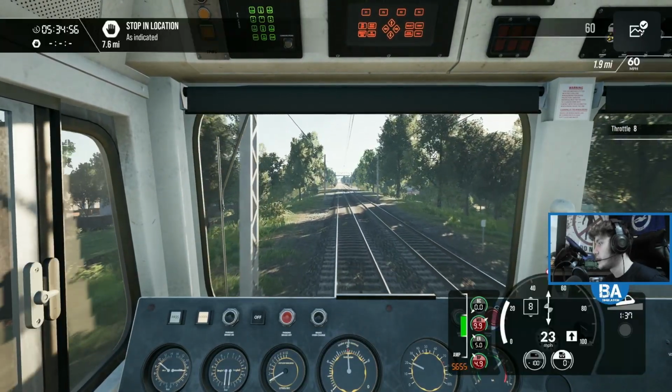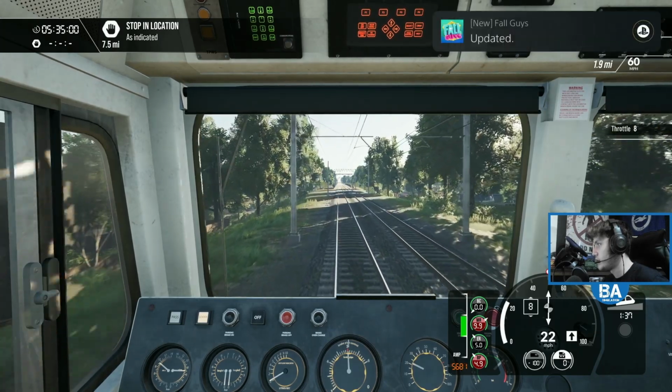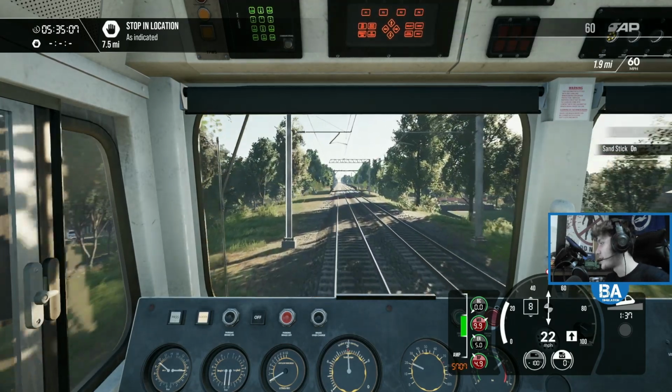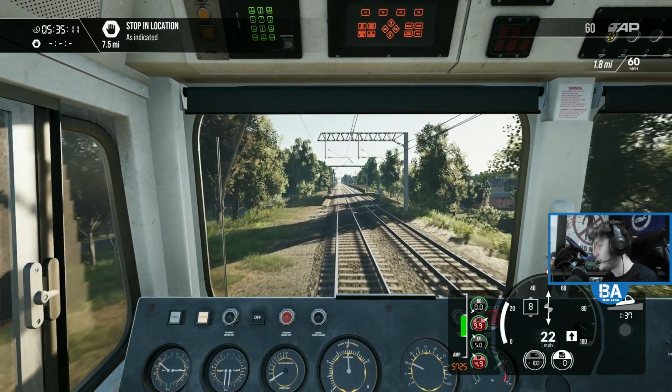So double-headed 66. We're not actually... Hang on. We're losing speed. No. Let's get some sand on. Just keep it on. Keep it on. Oh god,